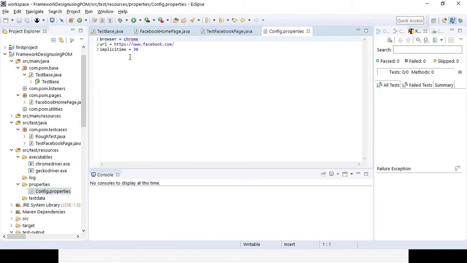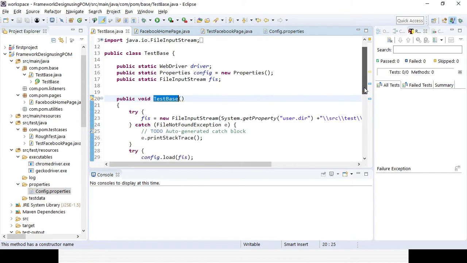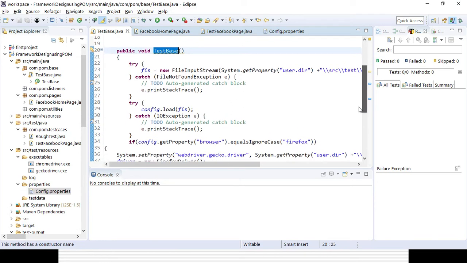In the config.properties file we are already setting the browser, which browser you want to execute the test case on, and also the URL. Also if you want to give some implicit timeout while loading the web page. And in the test base class we have created a constructor where, based on the config file, we are reading all the details and loading all the properties.